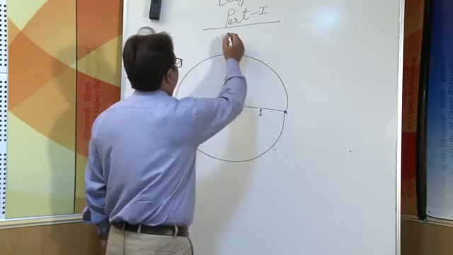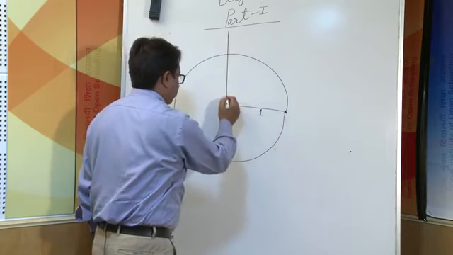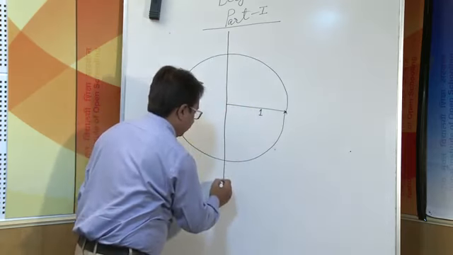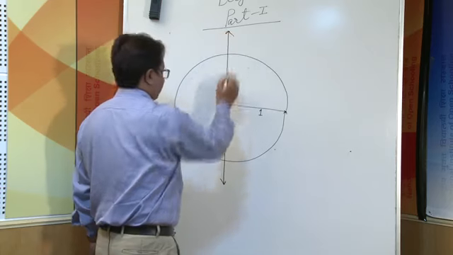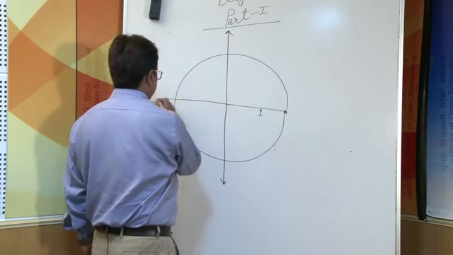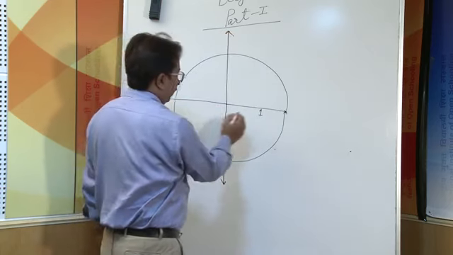This circle, when on quadrants, it is like this, then